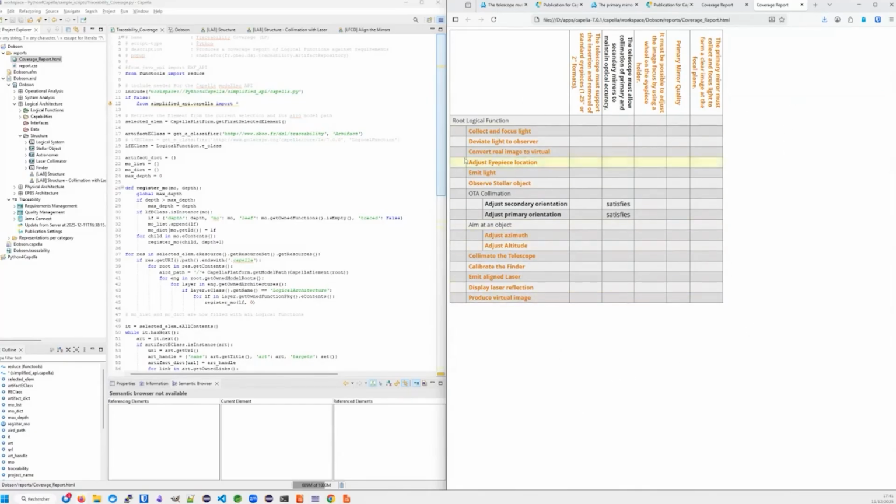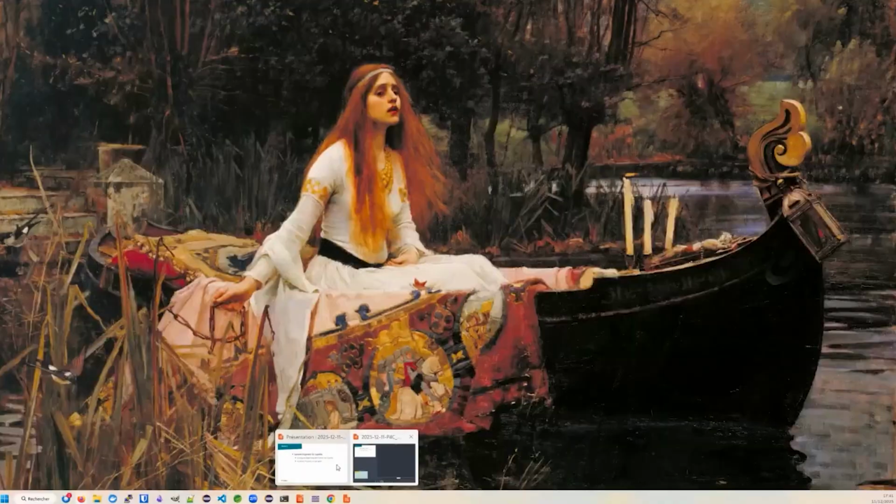which takes the functions that I have defined in my model, the requirements that I have imported. There are a few that I had imported before the demo, that's why there are not only 2, but more. And it gives me the traceability of these requirements with my functions. You can see that I still have a lot of work to do to cover everything, because I only have 2 functions that are linked to 1 requirement. So there's, of course, a lot to be done. That's just to show how easy it is to build a script and use it to provide a coverage report, thanks to Python for Capella.